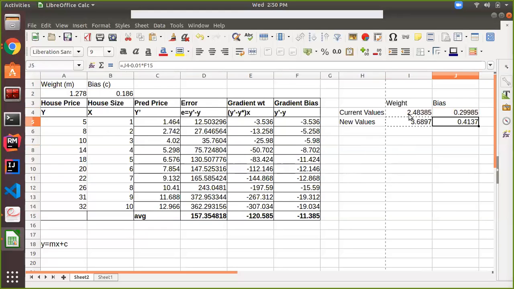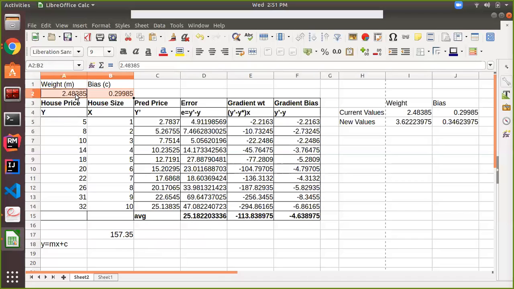Then after that we'll put these values to the formula, since our formula is picking the values from here. So I am pasting here. So you can see the current error is 157.35. Okay, and now if I put the values over here, you can see now error reduced to